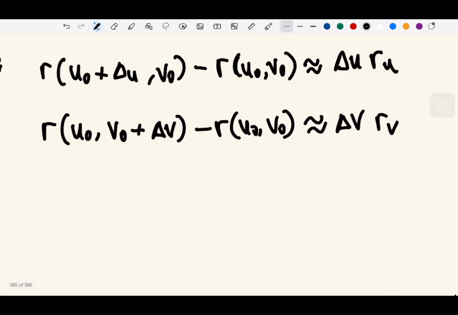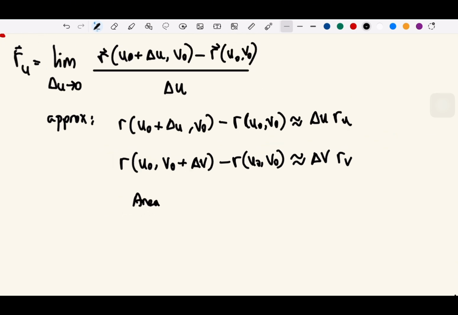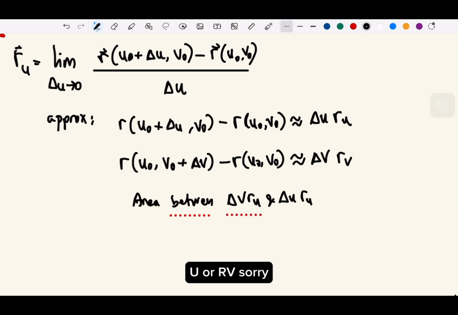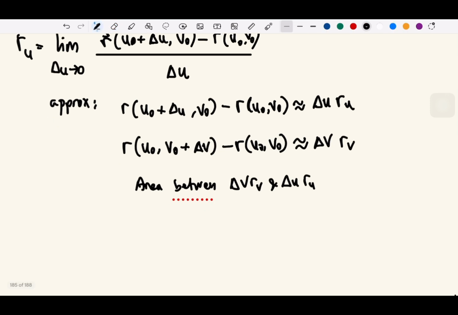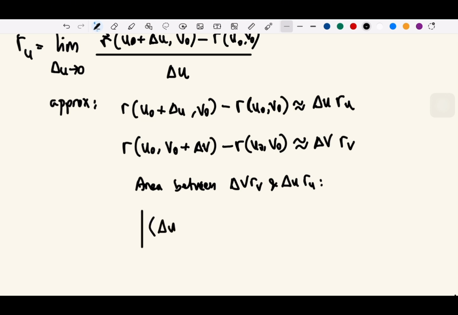So the area between delta V RV and delta U RU is equal to this expression